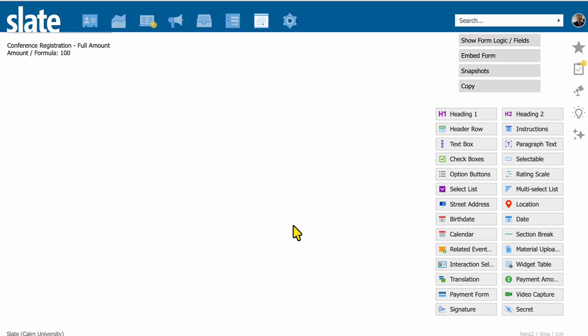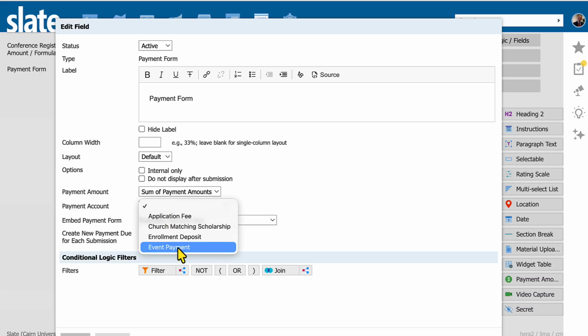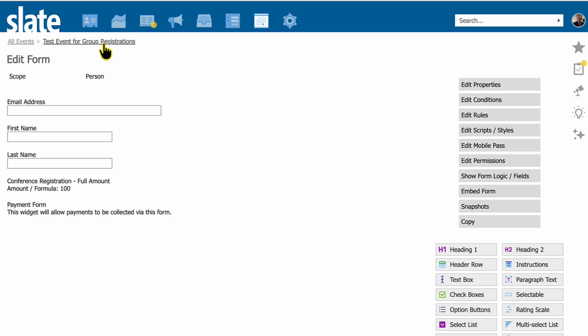Then to add a payment form for this, we simply click on payment form and give it a label, and then specify how you want this payment amount to be calculated. By default, it's set for the sum of payment amounts. That means the more fields that you have with different rates, it's going to add them up and calculate the amount. Then for the account, you can specify the event and then choose the Enable Embedded Payment collection on the form. Press save, and now if we go to test this,